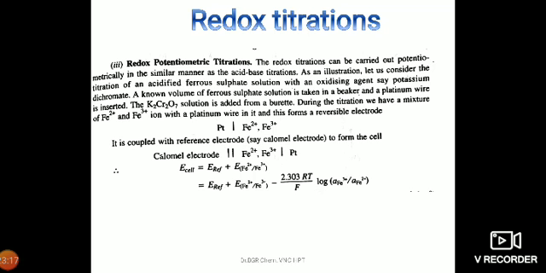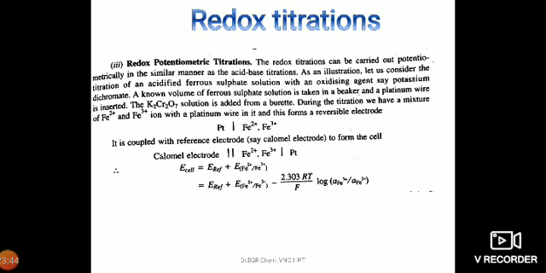Therefore, at the anode the calomel electrode is there, and at the cathode we have the Fe2+, Fe3+ redox electrode. Therefore, E cell is equal to E reference plus E of Fe2+ | Fe3+. The equation is Fe3+ plus electron giving rise to Fe2+. This is the reduction reaction that takes place at the right hand side.